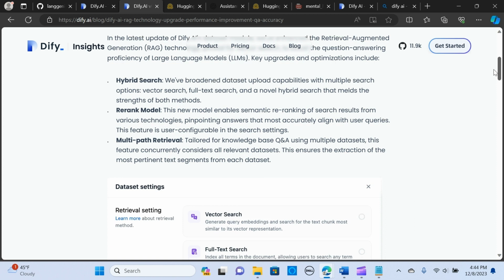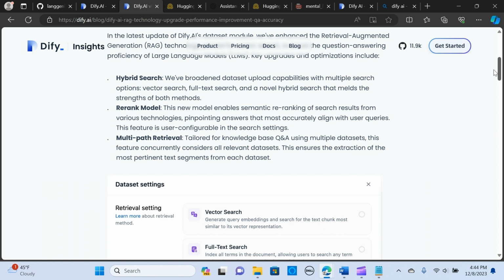The dataset upload capabilities have been extended with multiple search options, so users can now choose between vector search, full text search, and a novel hybrid search that combines the strengths of both methods.